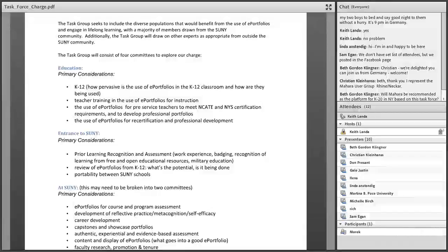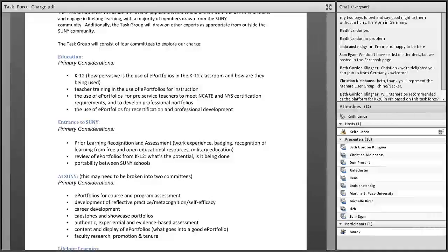Well, I mean, you can kind of read along on the charge here, but essentially how to promote the use of e-portfolios in the lower grades. Then there's going to be a set of us that are looking at that transition between K through 12 and SUNY.